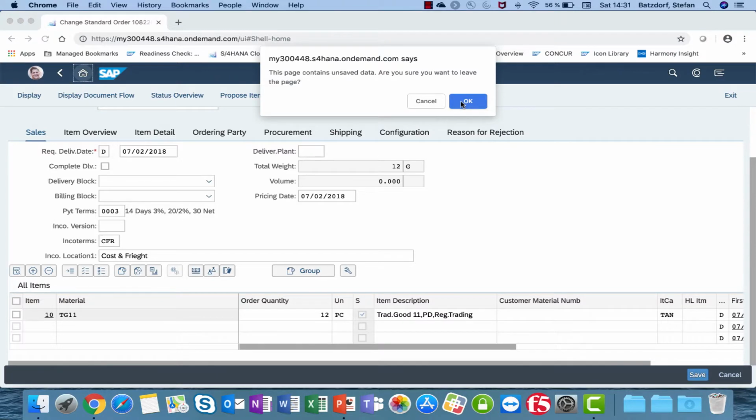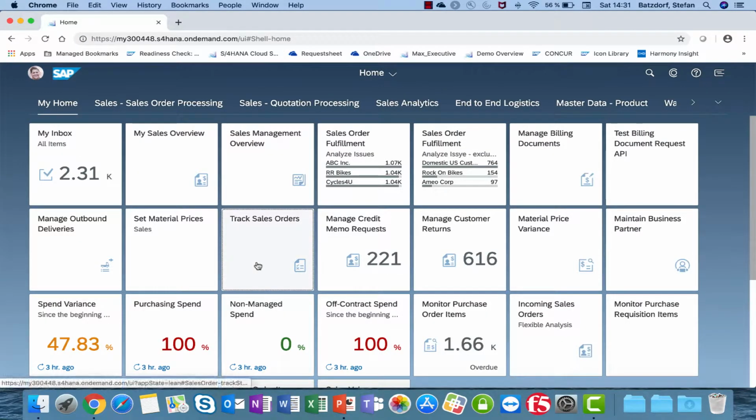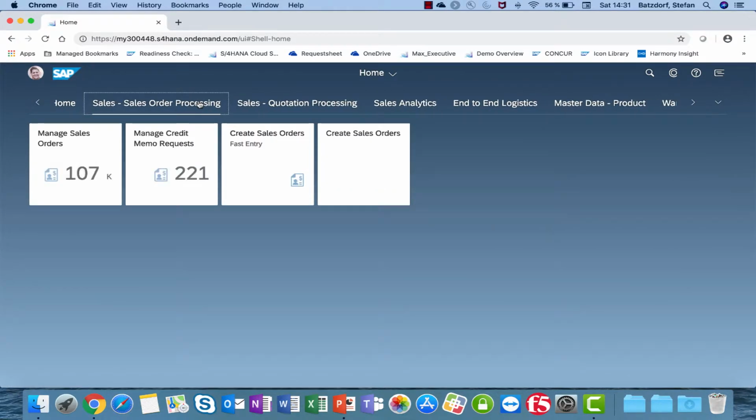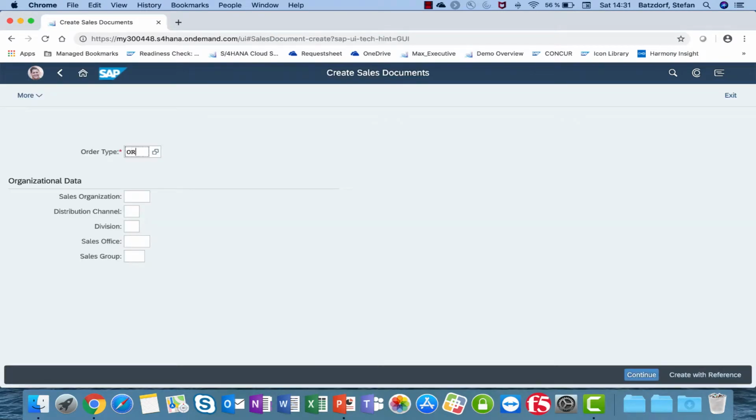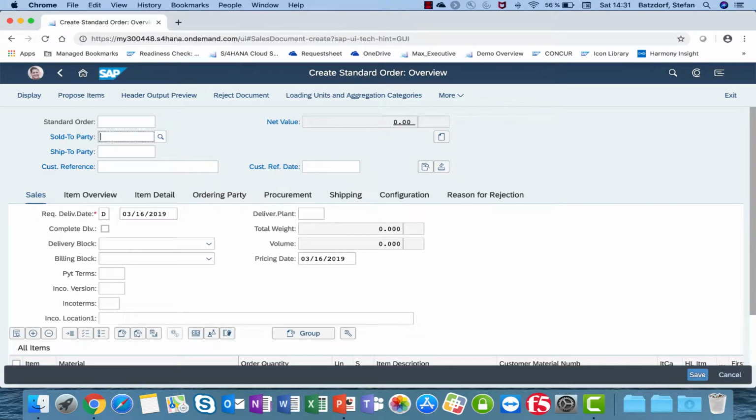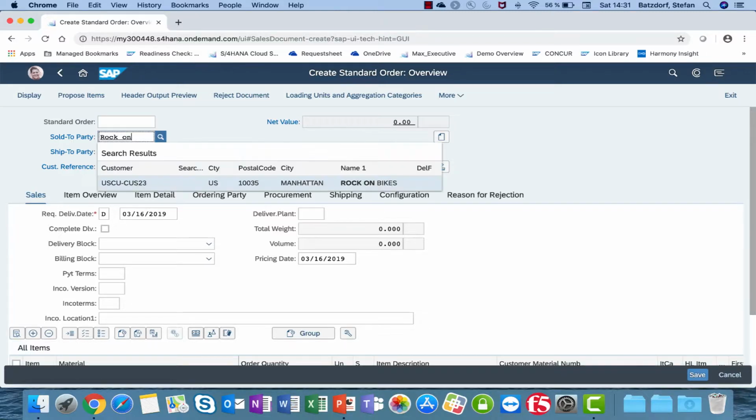Good. Jumping back, so track sales orders, a powerful application to monitor things. Now, let's start with simple things, creating a sales order. You have seen that we have the GUI transactions available also inside the system. So for creating a sales order, you can launch transaction VA01, so to party Rock on Bike,